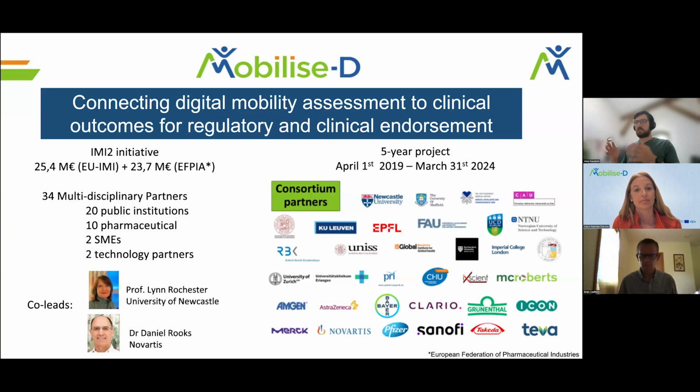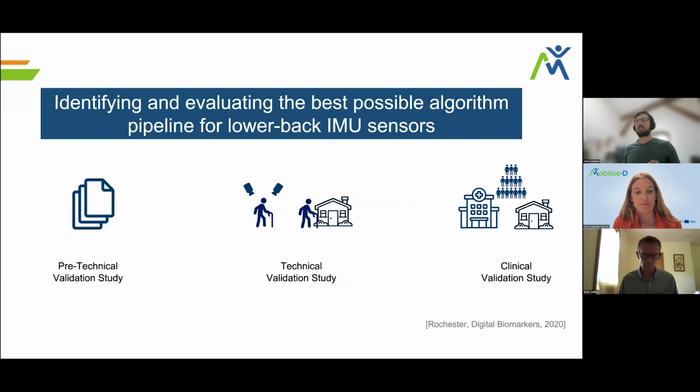The goal, as stated here, is that we want to connect digital mobility assessments to clinical outcomes for regulatory endorsement. And one key component of that, and that was the work that Work Package 2 and Work Package 3 focused on, was to identify and evaluate the best possible algorithm pipeline for a lower back IMU sensor. And this work was roughly structured into 3 parts, starting with the pre-technical validation study,